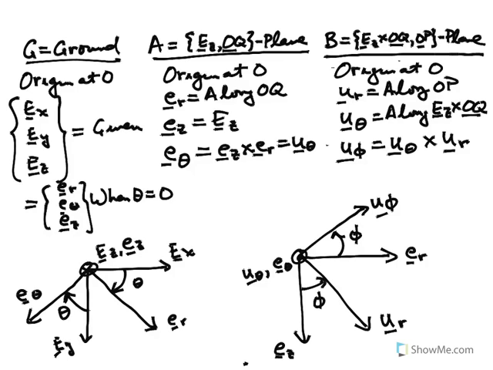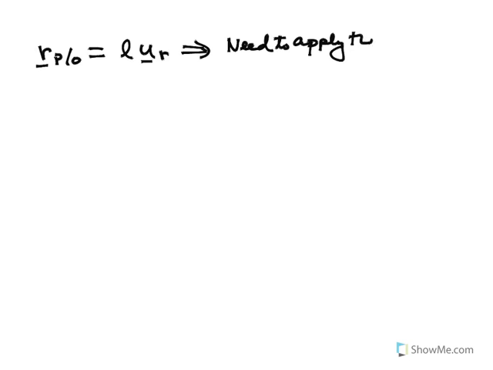Now we're going to actually start to work through the kinematics of this problem. So the important thing now is to start applying the transport theorem in the appropriate way given the parameterization of position. So we know that the position of P relative to O is equal to L times UR. And again, this tells us that we need to apply the transport theorem